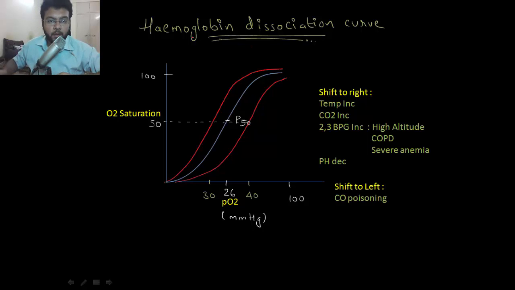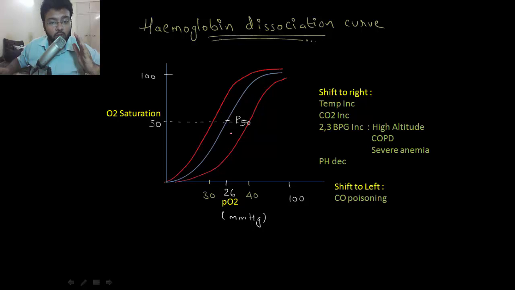Here comes my favorite part, the hemoglobin dissociation curve, right? On the y-axis you have oxygen saturation of hemoglobin, and on the x-axis you have partial pressure of oxygen. Now at 100 mm of Hg, almost 100% oxygen saturation is present in the hemoglobin. Now what's P50? P50 is actually 50% of oxygen saturation at a given pressure, and under normal physiological conditions,